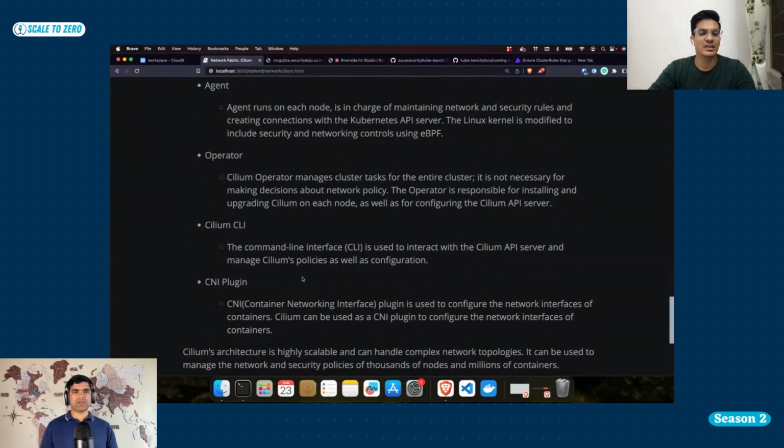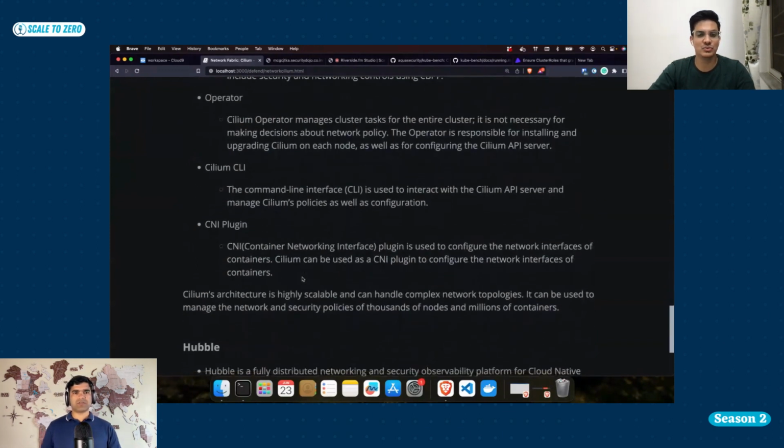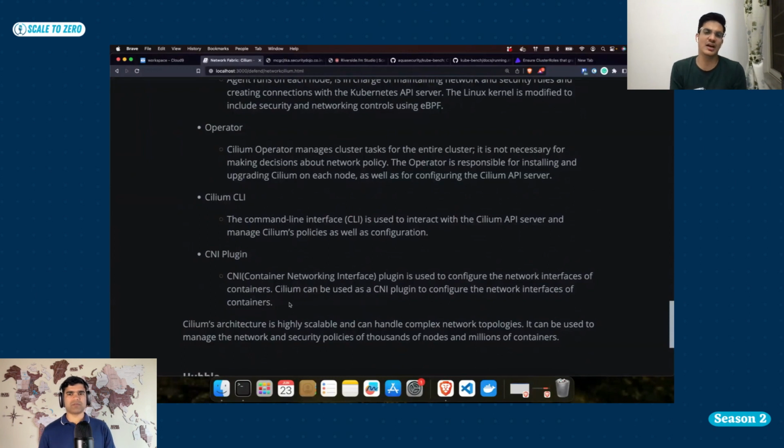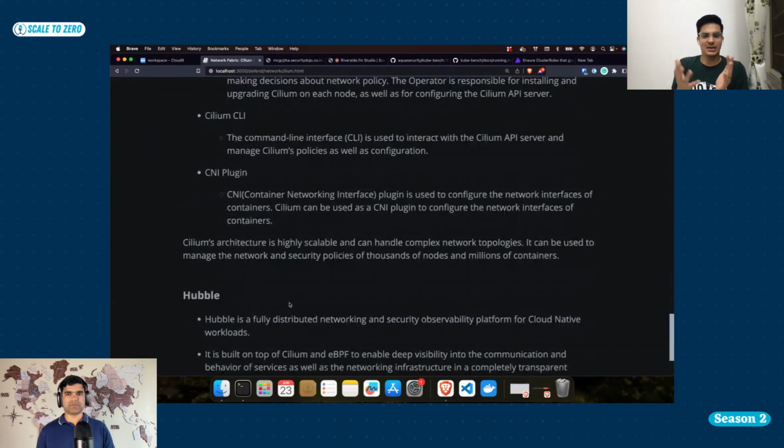And then the Cilium CLI is our CLI, which is used to communicate to Cilium, and then the CNI plugin is basically the brain, or the main part which will run our Cilium API server, which will communicate to the API server. When we use the Cilium CLI, this is where we'll connect. So it is kind of like a plugin, or you can say CRD, not exactly, but it is like that because we are installing it on top of that, and we